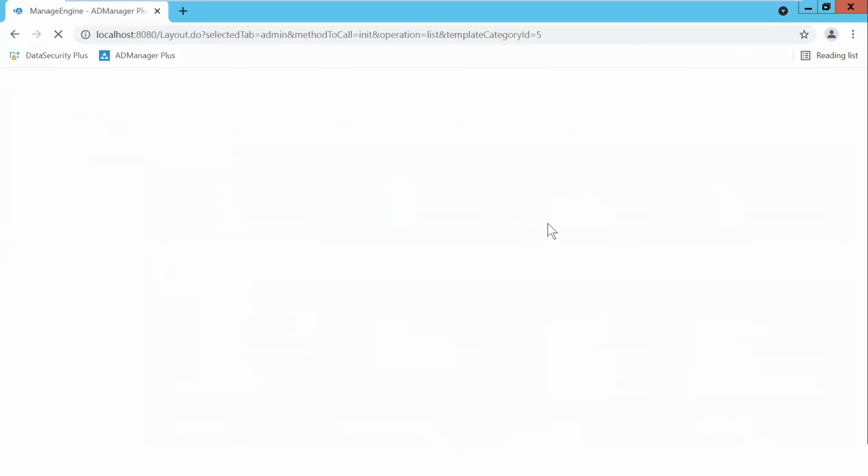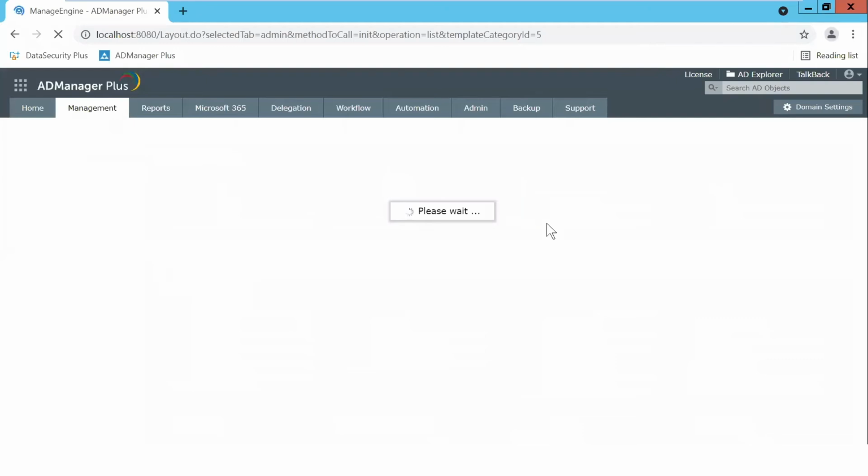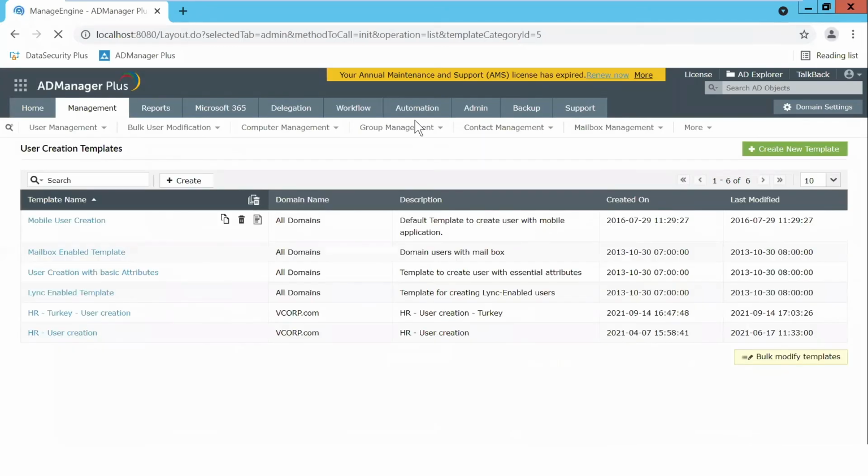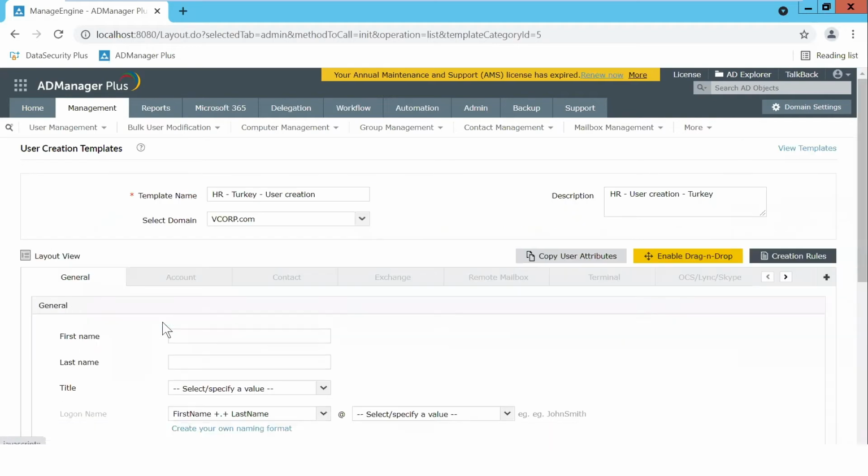Now, in the user creation templates, the template that we used was for the Turkey region, okay? So HR-Turkey-user creation. You see that I also have 5 other templates. None of these templates were listed for my HR, okay? I'll even be able to restrict the HR based on templates, okay, if I want. So when I open up this template,